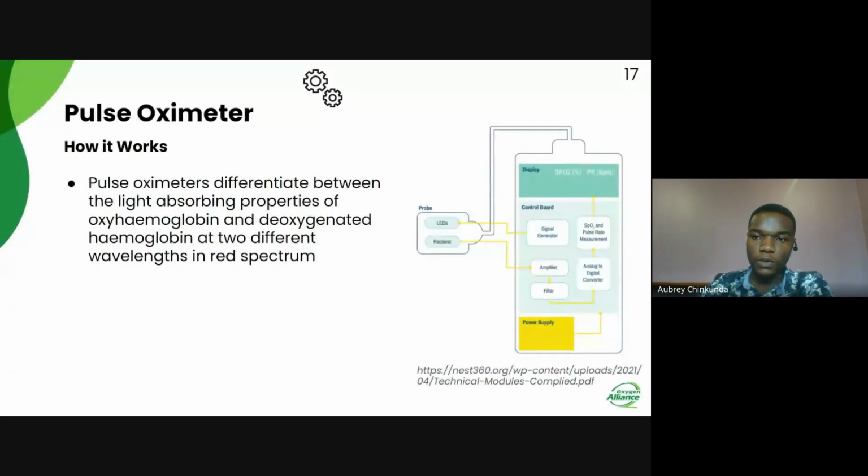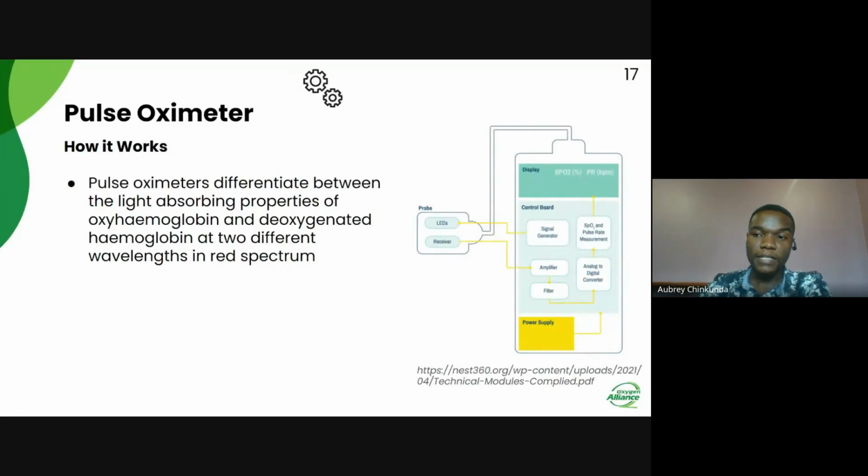So as you can see on the diagram, we have various components of the pulse oximeter. Let's focus on the probe that has an LED and the receiver. The pulse oximeter usually has 2 LEDs, an infrared LED and a red LED, and